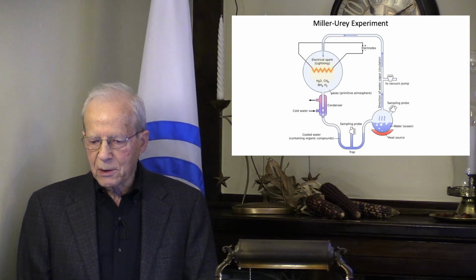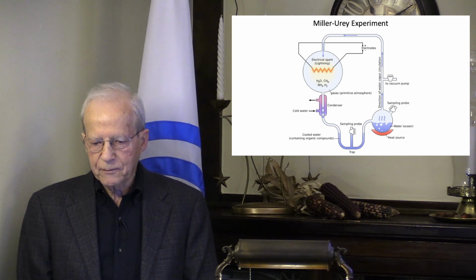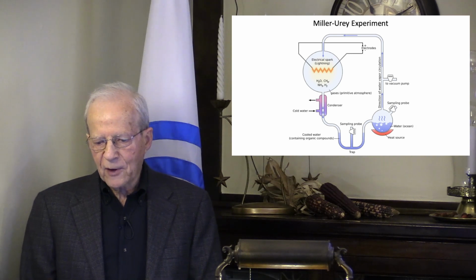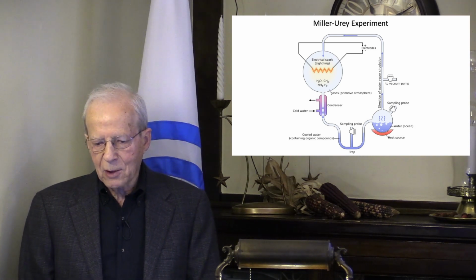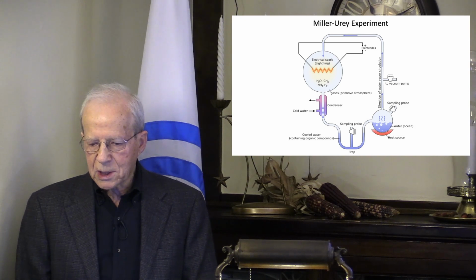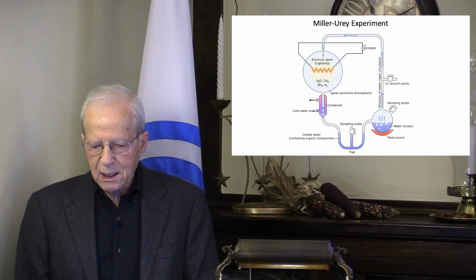Their experiment was simple, consisting of a series of flasks connected by a tube forming a circuit. One flask contained warm water, ammonium, methane, and molecular hydrogen, all of which were thought to have been present in the early Earth environment. The water in the flask was heated gently to mimic the warm, shallow inland bays and lagoons. A second flask, rigged with tungsten electrodes, produced electrical sparks thought to simulate lightning strikes, was connected with glass tubing